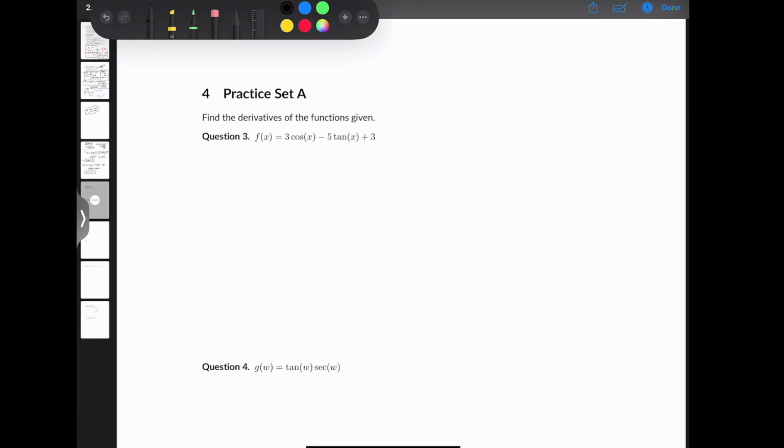All right, so let's do a few practice problems finding the derivatives of functions involving trig functions. So let's take a look right here. We're looking for f prime of x for f of x given 3 cos x minus 5 tan x plus 3. Again, we have that rule of differentiation that it's a linear operator, meaning it can be split over sums and scalar multiplication. So I'm really taking the derivative of this plus the derivative of this plus the derivative of this. And so the derivative of 3 cosine is 3 times the derivative of cosine, which is negative 3 times